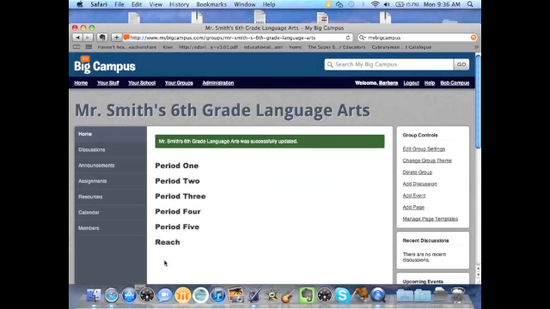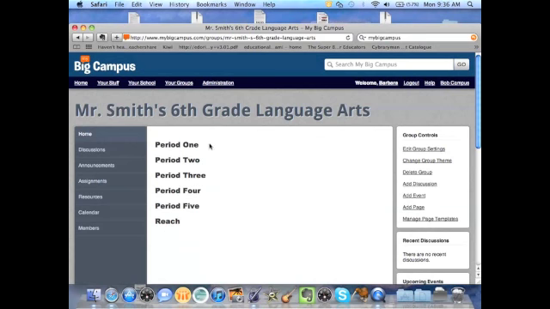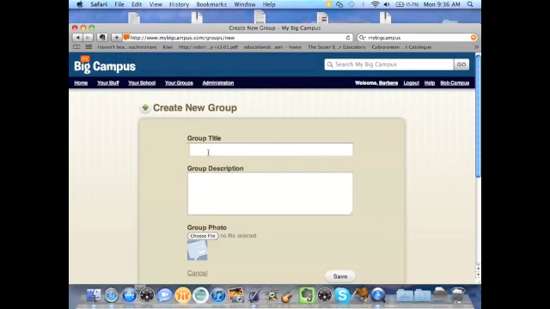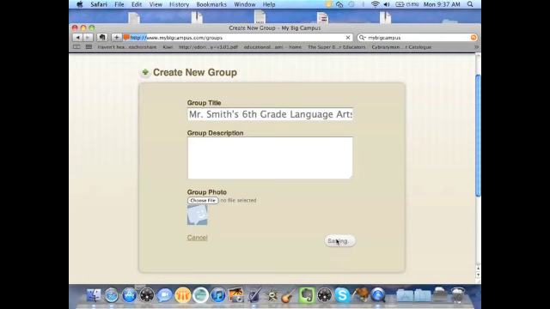Okay, what we're going to do now is go back and create a group for each one of these periods that we have here. To do that, I go to your groups, I'm going to go to create new group. It might seem silly, but you need to put in the entire name again, because if you just put in period 1, you'll see the other teachers' groups, and it'll have a bunch of period 1s. We won't have any idea whose is whose, so you want to identify it. So what we would do is put in Mr. Smith's 6th grade language arts period 1. Again, I could choose a whole separate photo if I wanted to. I save,